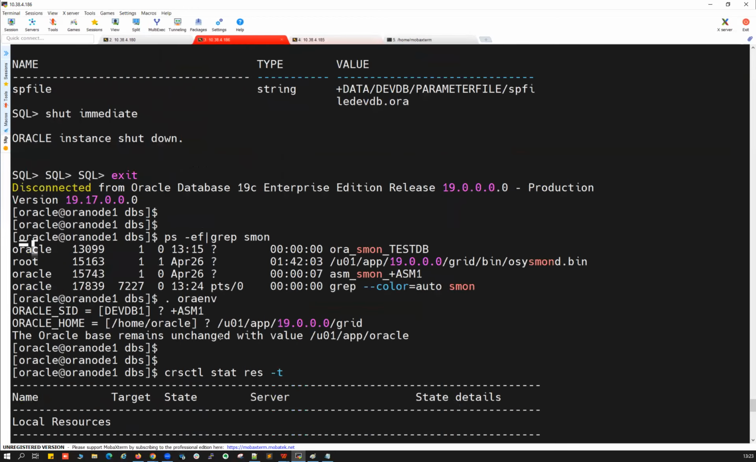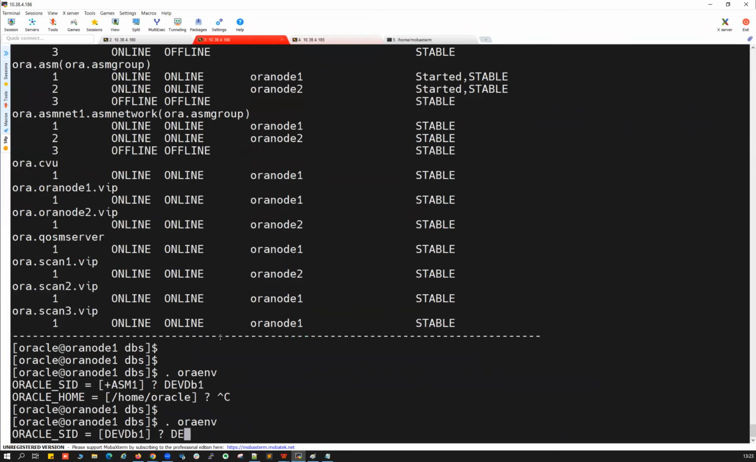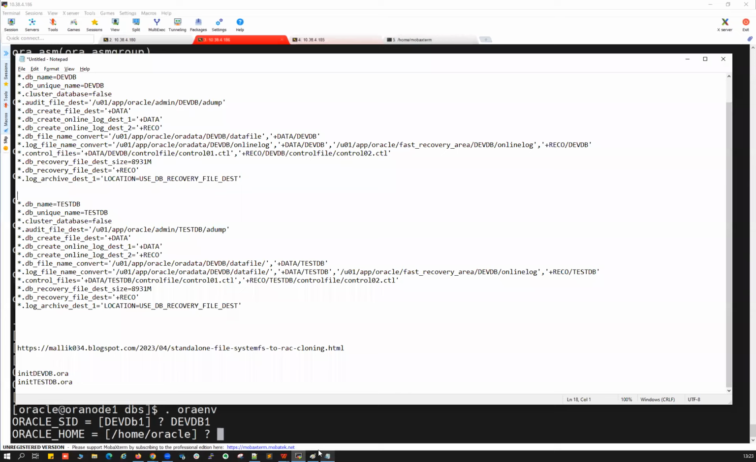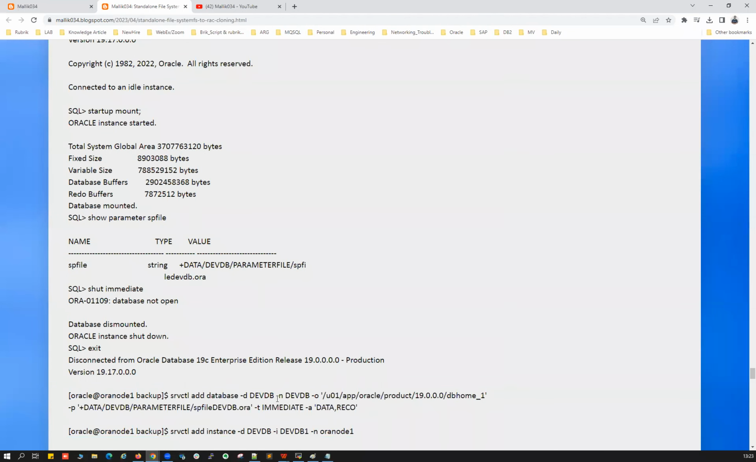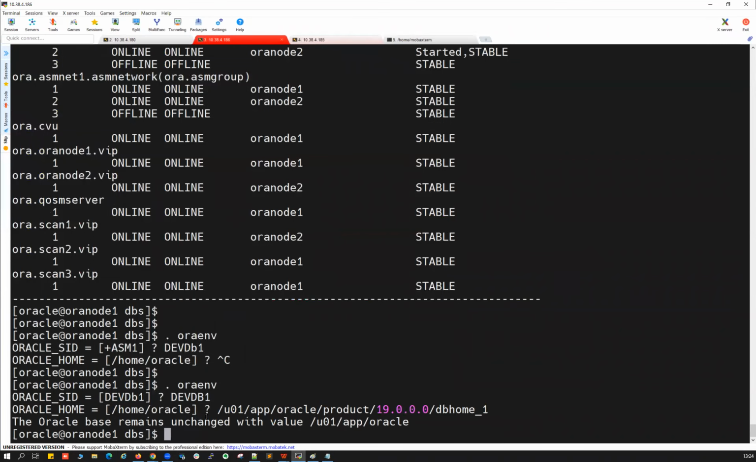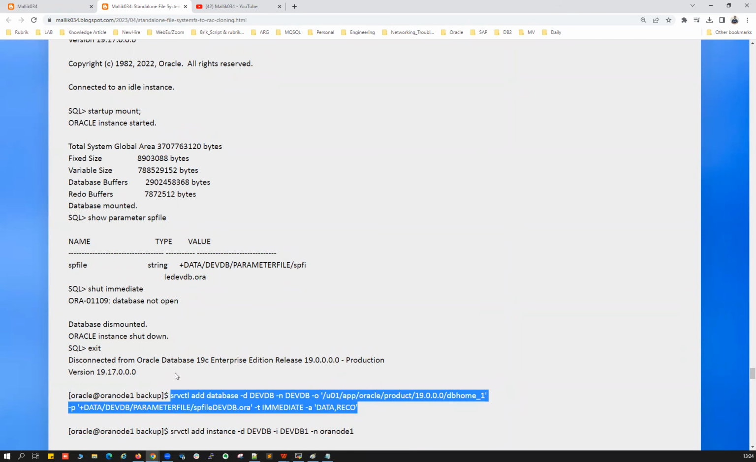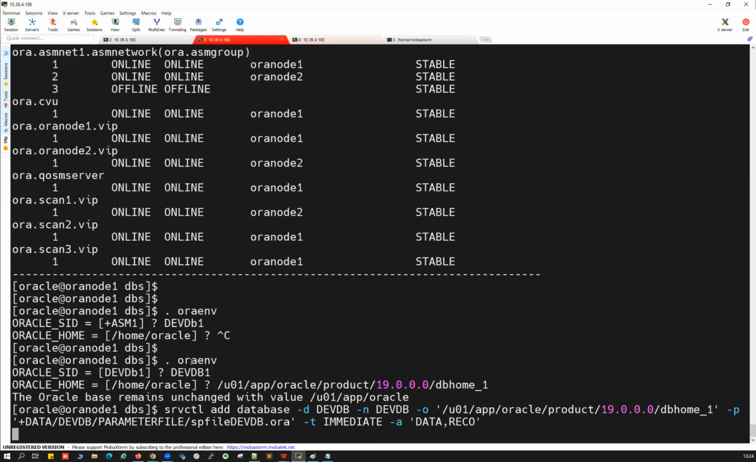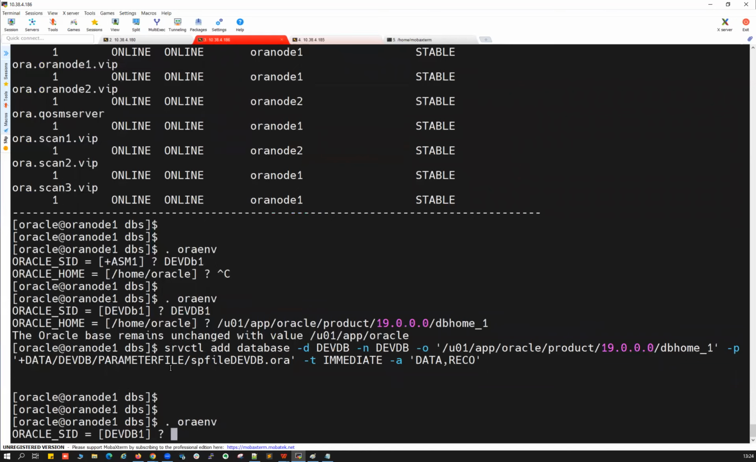So I'm going to set it back to devdb1, sorry, devdb1 instance 1. My Oracle home. Where is my Oracle home? My Oracle home is here. This is my Oracle home. Now we can go ahead and add that one using this srvctl add command. You're going to add it to your cluster. Going on, added. Now you can set back your ASM environment plus ASM1,